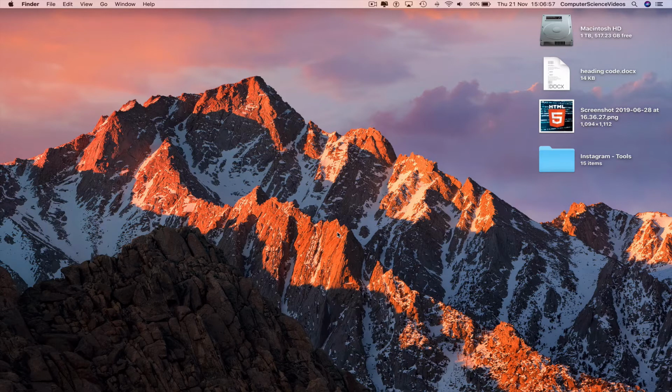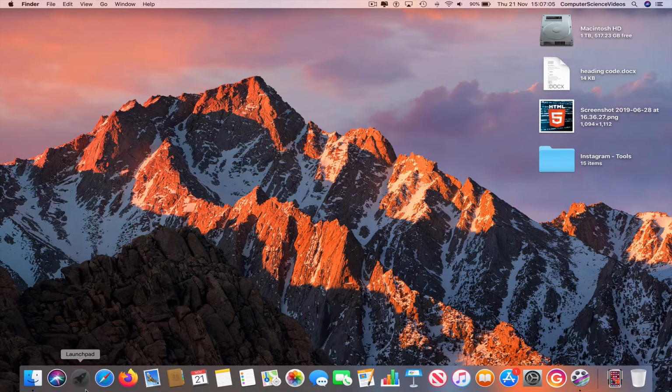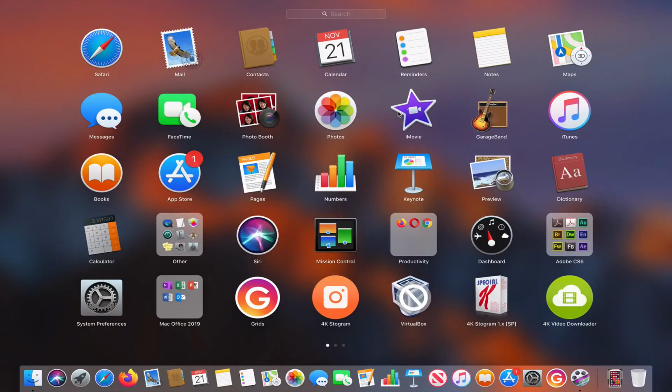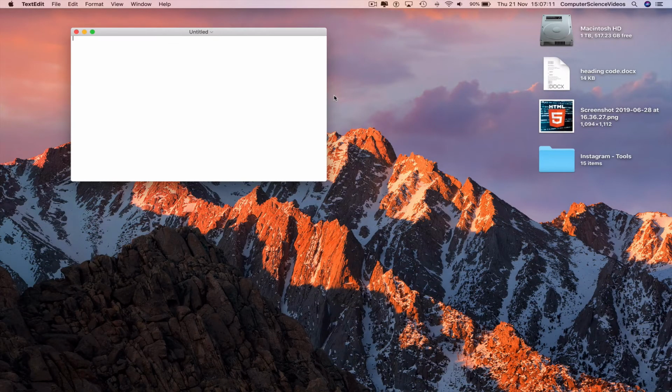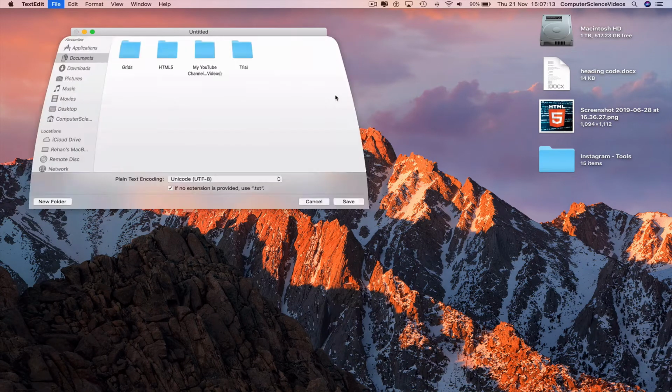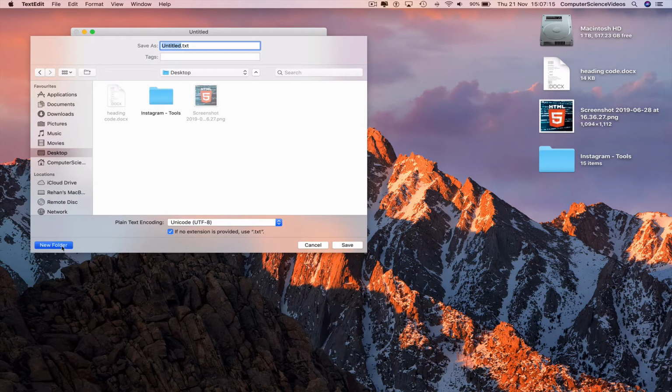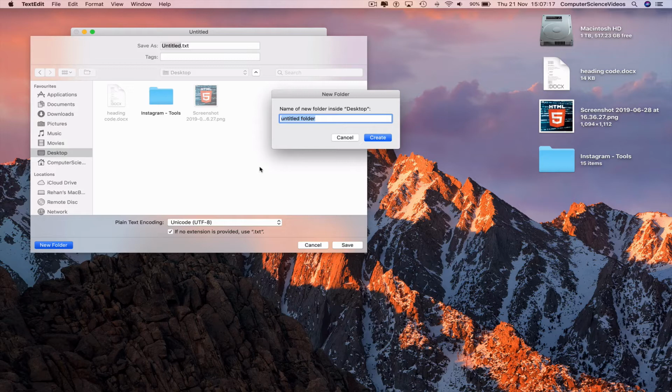So in this tutorial, you need to have access to a Mac computer, the software itself, which is TextEdit, so we can now go all the way down to the dock, go to Launchpad, search for the application TextEdit, click on this, Command S to save, navigate to the desktop, start a new folder called navigation bar,